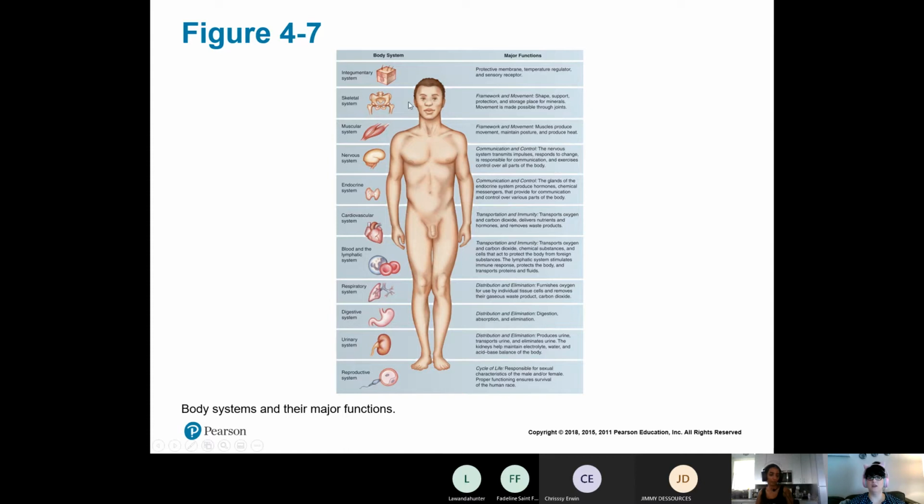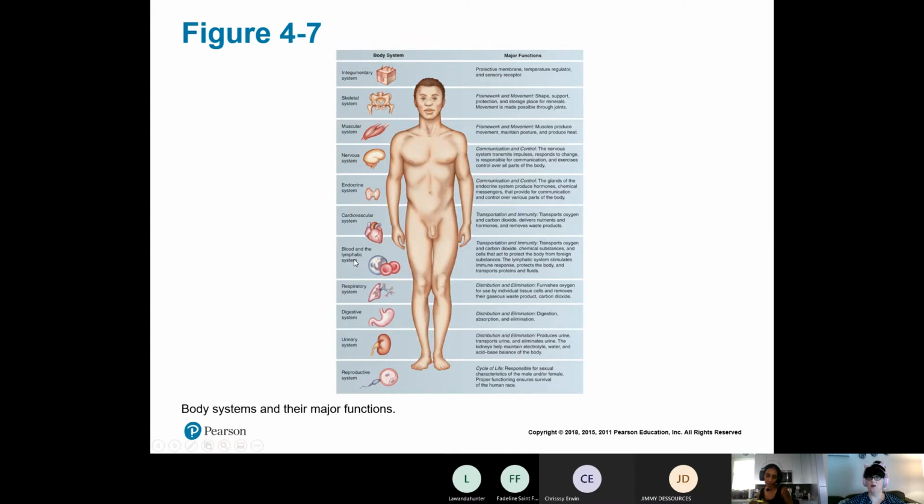And we will do that for every single system: skeletal, muscular, nervous, endocrine, cardiovascular, blood, lymphatic or immune, respiratory, digestive, urinary, and reproductive. So all of these. I want y'all to put this number into your mind. We have 1, 2, 3, 4, 5, 6, 7, 8, 9, 10, 11. Okay? And I like to say 12